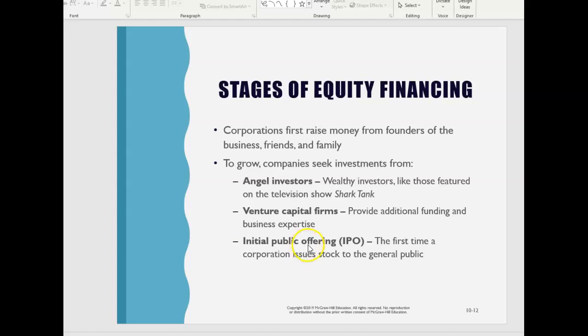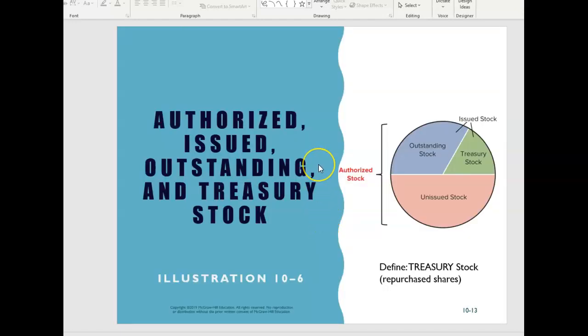This is when a company is trying to generate a lot of capital from the marketplace, tens, hundreds of millions of dollars. And they're going to go sell their shares to the investing public, which means they have to do a lot of filing with the Securities and Exchange Commission in accordance with GAAP. One of the first things they need to do is file articles of incorporation or their corporate charter to talk about what the company is, what they are selling, what their financial backing is, what some of the risks are, and what they expect their finances to be going forward in time.